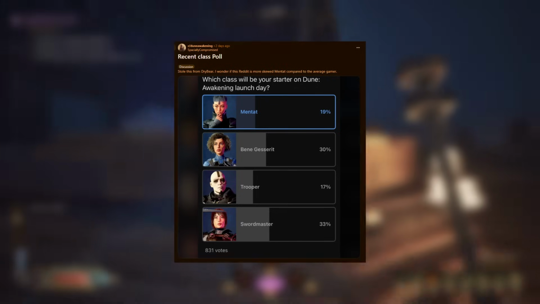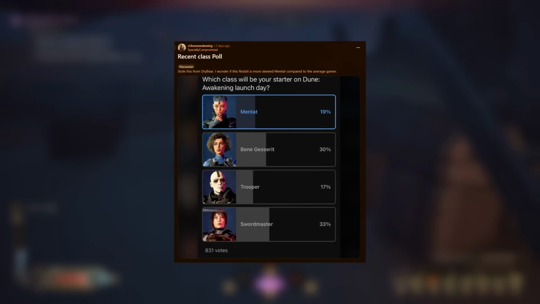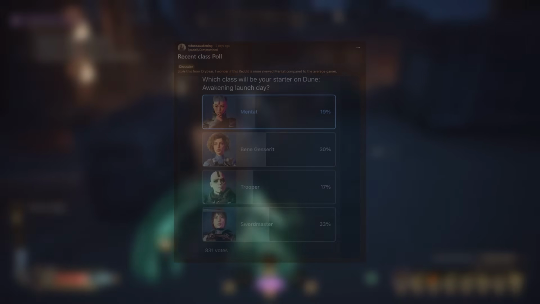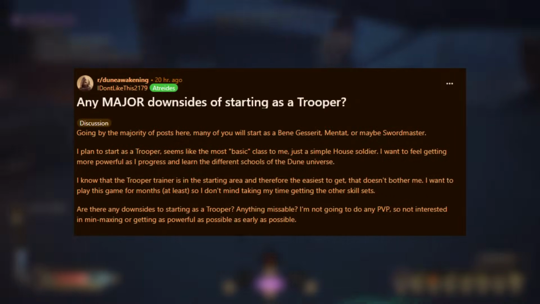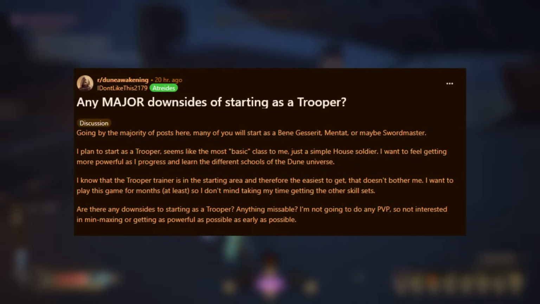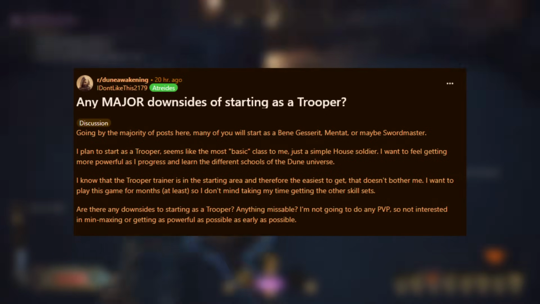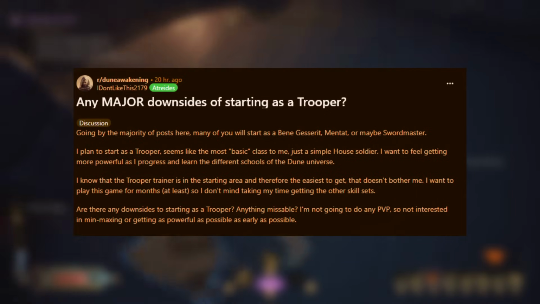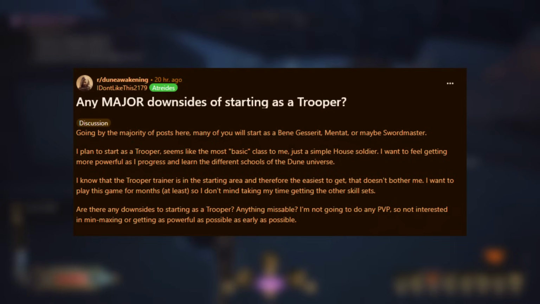Now, there was one notable mention here where we had this post. I'm actually surprised that it had such a high vote during this poll. But as someone asked here, are there any major downsides of starting as a trooper? To which I would argue 2 points here. The first one is technically if you want to play Trooper for RP reasons, or if you really just don't care about the meta overall, you definitely could play Trooper. Although I would also argue it has massive downsides to playing this class, where essentially the other point is that